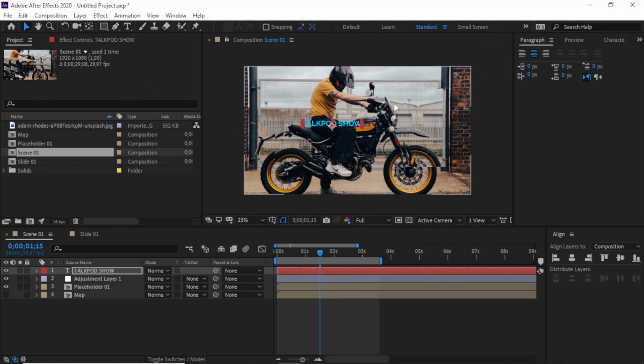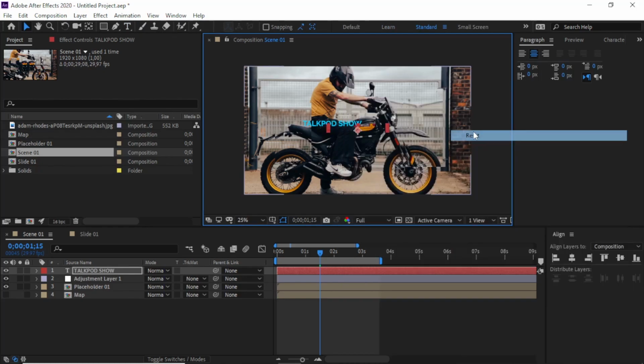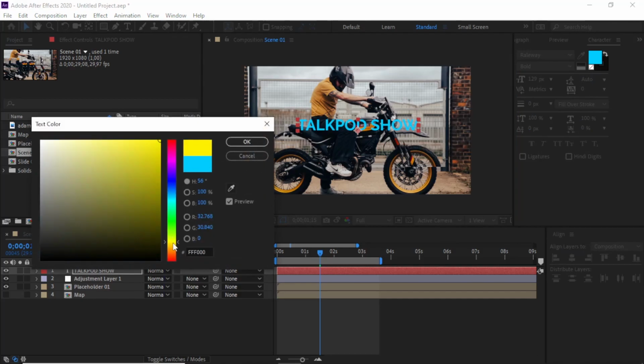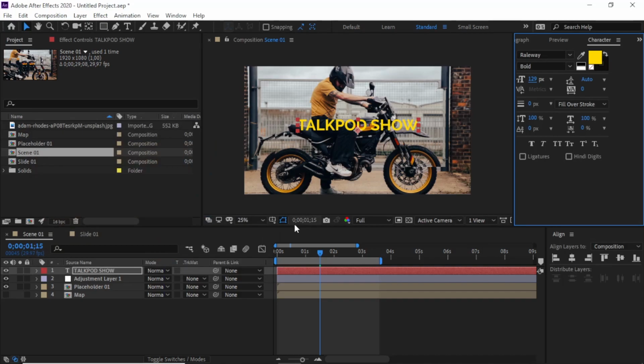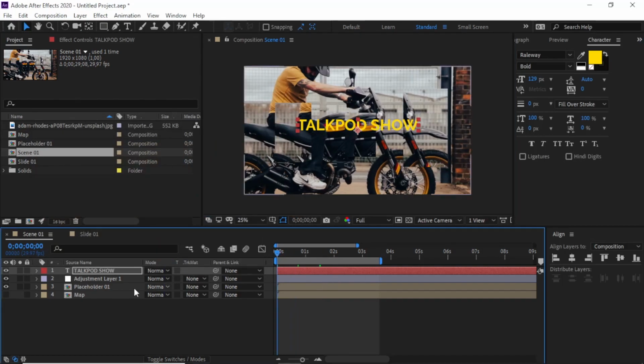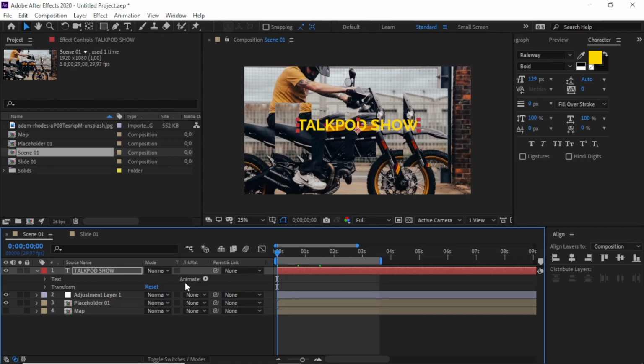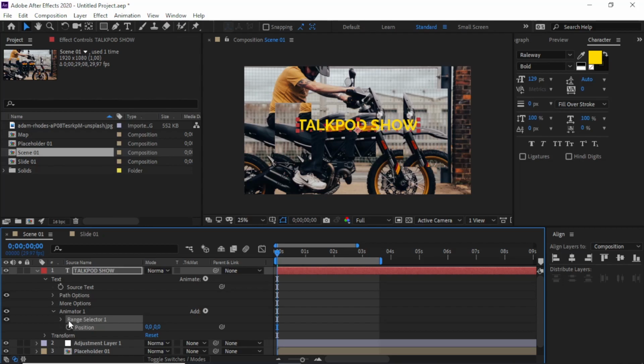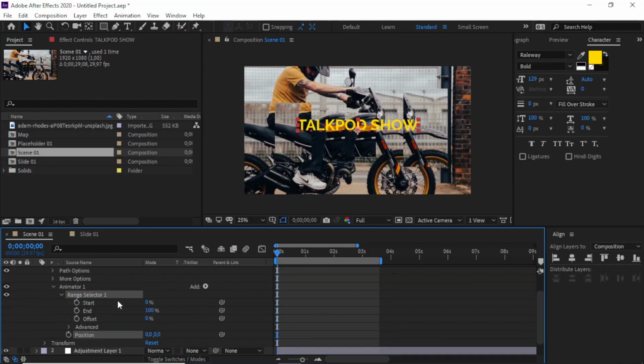Yep, is center, and we place into the center of the composition and make the size a little bit bigger, but I don't like the color. The color need more stand out like this. I need bright yellow.